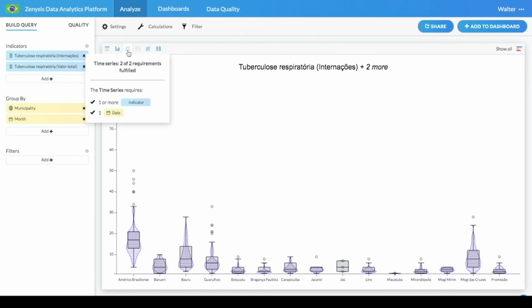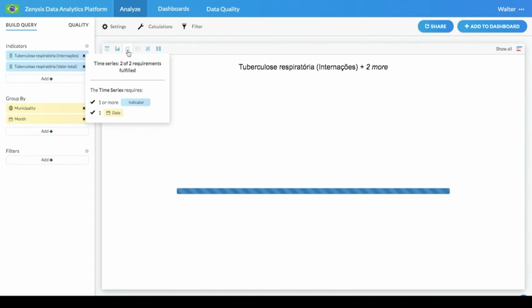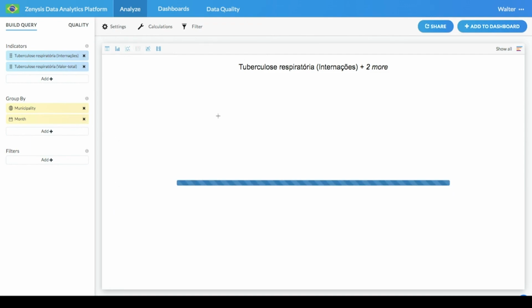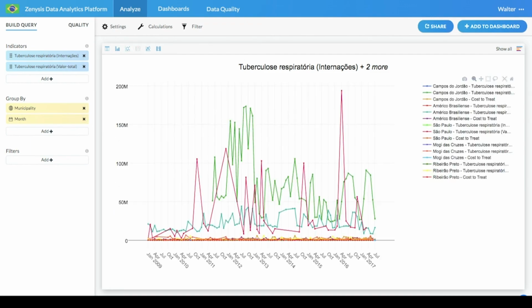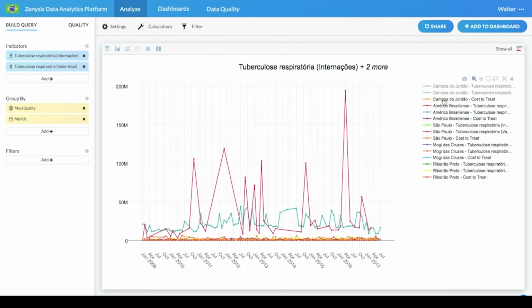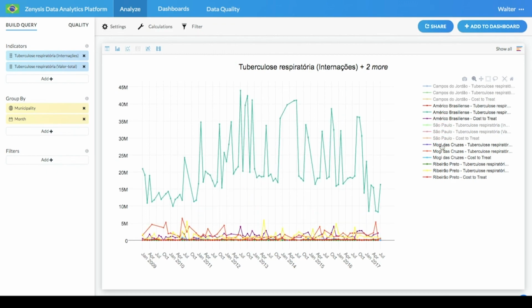And if we wanted to, we could then go and really drill down in this by using the time series tool to surface where those reports may have come from. And so if we wanted to really focus in on just the Américo Brasiliense data, we could turn off these other indicators and begin to interrogate just the Américo Brasiliense data to see where it is that we might have those